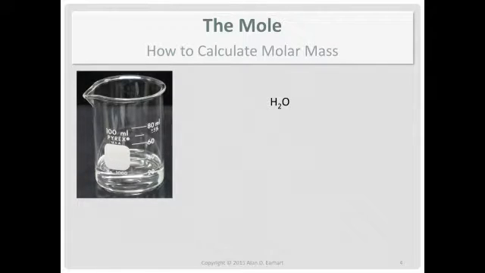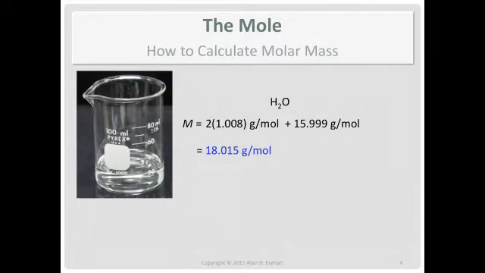Let's start with water. You look at the chemical formula, it's H2O. There are 2 hydrogens. There's an oxygen. Then when you report it, you look at the decimal places for both. They both go to 3 decimal places. And so I write my molar mass to 3 decimal places. I'm not going to write it as 18, 18.0 or 18.02. It's 18.015 because the periodic table I use goes to 3 decimal places.